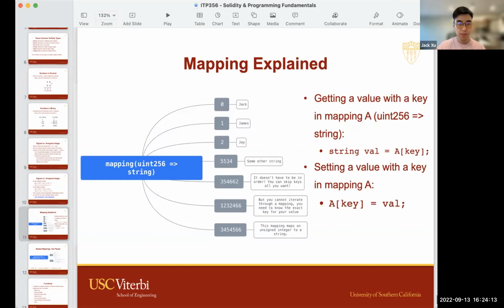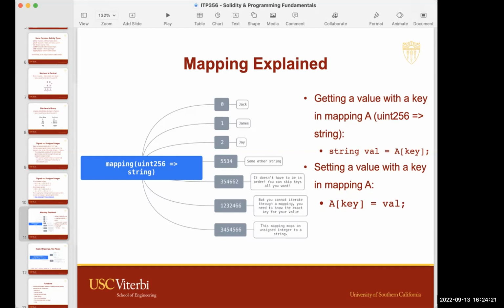Jack, what would be a primary function, or why would you want to use mapping? Yeah, so the most basic example, in the case of any ERC20 token, let's say USDC. We all know what USDC is, right? We talked about it a bit.